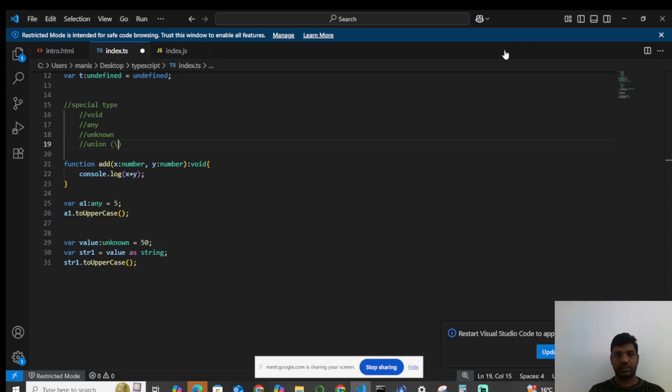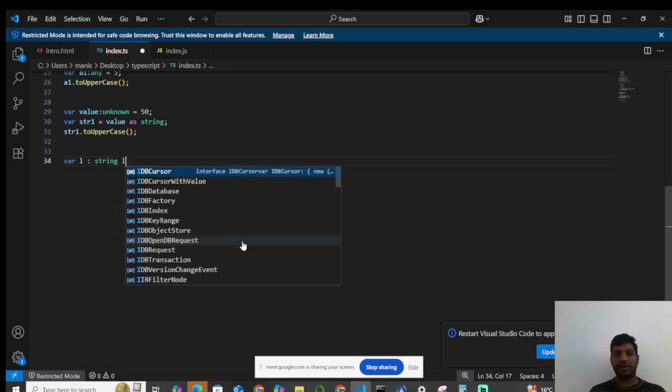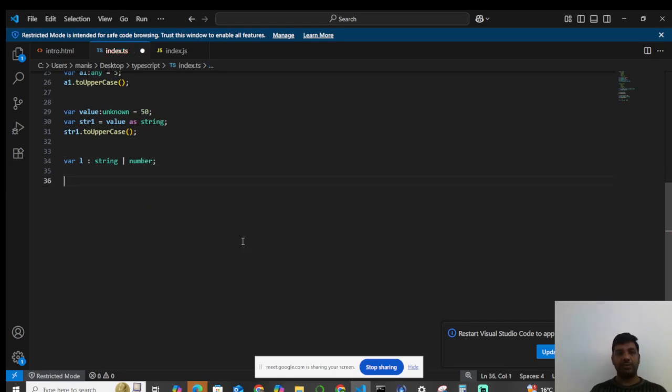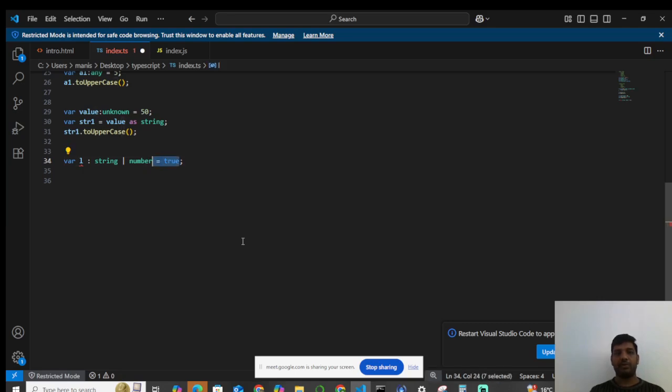Let me explain. For example, where L equals L, we can mention either string or number. That means we can assign the value as string or number type, but not boolean or another data type. If you want to allow any one of the types,